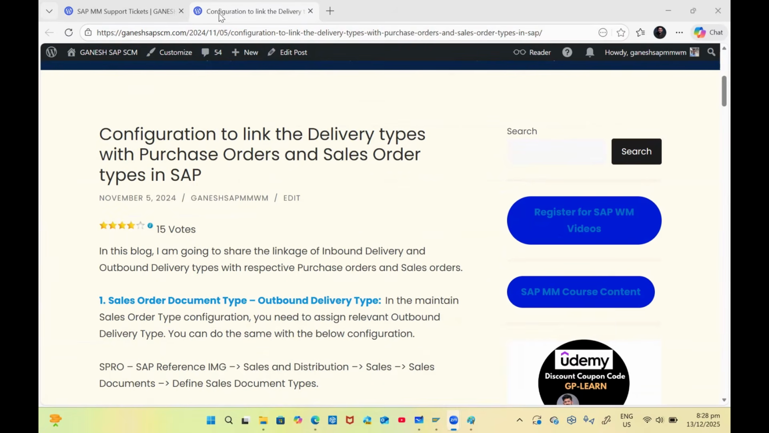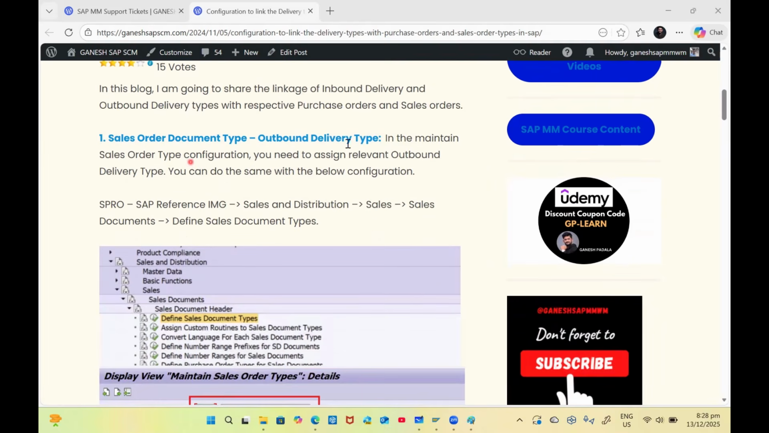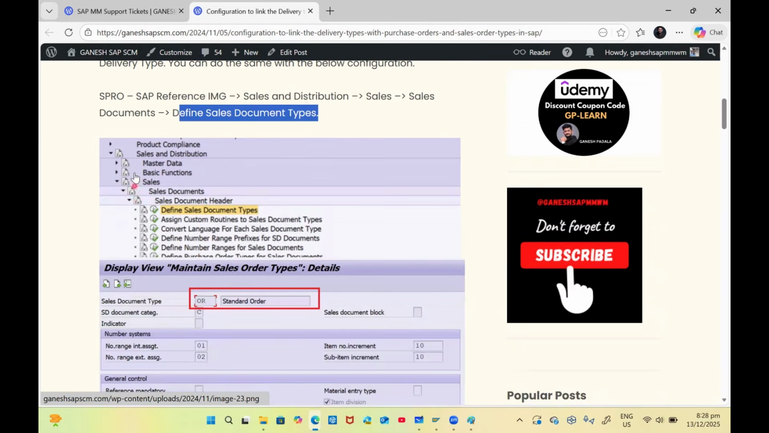If you see the screen, the data related information and configuration link to, we have a total of three: sales order and outbound delivery type we are going to check, STO and outbound delivery type, and the third one is purchase order and inbound delivery type. If you see the sales order document type, where the sales order document type is defined, if you go to